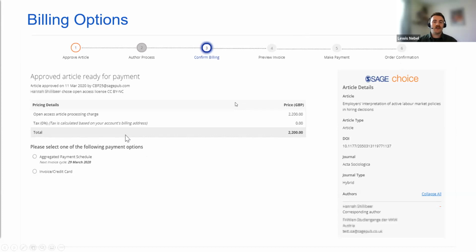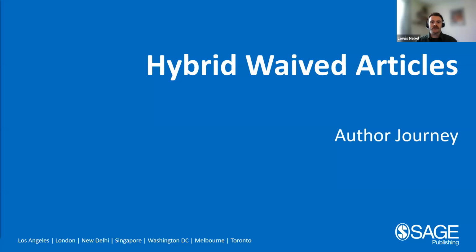Once the nominated bill payer has accepted an APC, then all of the authors will receive an email to say that the nominated bill payer has accepted to pay, and then another one when they've actually made that final payment, so that the authors keep updated with the stage that it's at, and nothing's lost in communication there. So that was for the 20% discount on gold journals, fully open access articles.